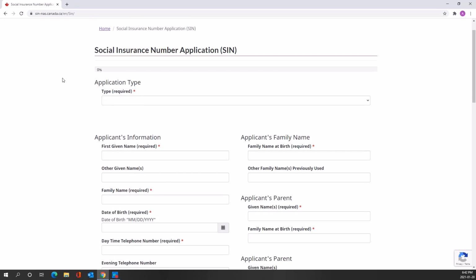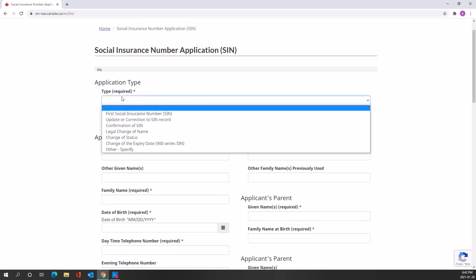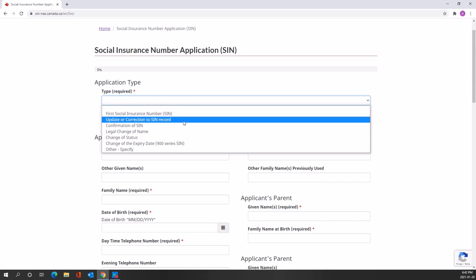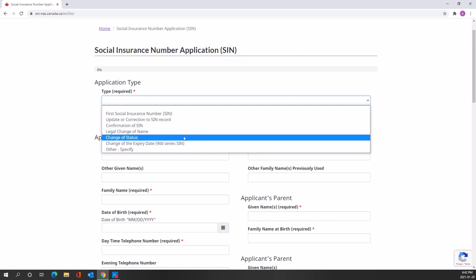Now here there are multiple application types that you need to select. The first one is first social insurance number. If you are a student or international student, you need to select this one. Also if you have changed your name, then you need to select legal change of name.